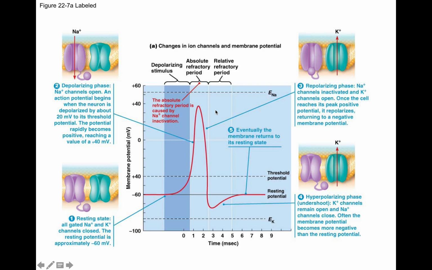Then potassium channels open. Potassium is high inside the cell and low outside the cell. So now you have potassium, which is also positively charged, rushing out of the cell, and that causes the membrane voltage to go down locally at that spot. So at rest, it's negative. A bunch of sodium rushes in at that spot, and it becomes positive. A bunch of potassium rushes out at that spot, and it starts to become negative again. This is called repolarizing. At this point, it's polarized; this is depolarizing, and then this is repolarizing.